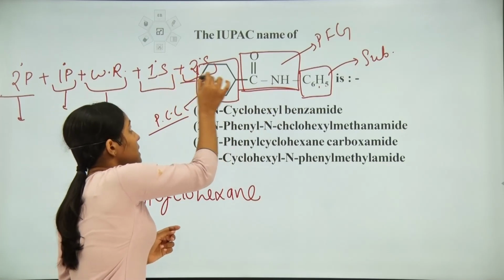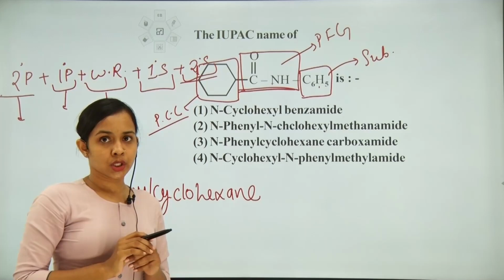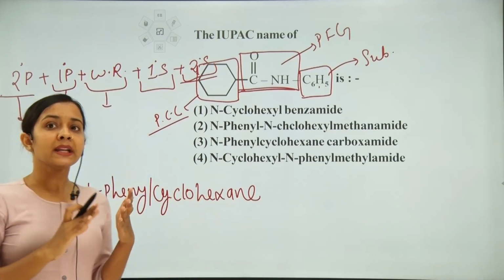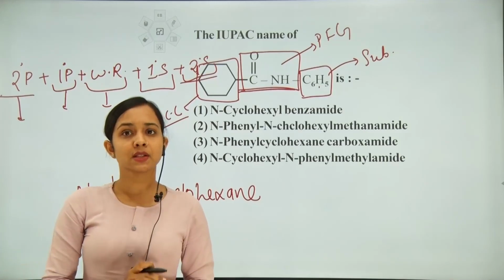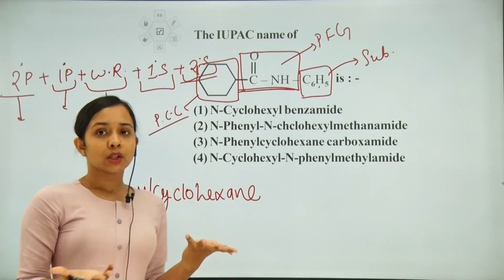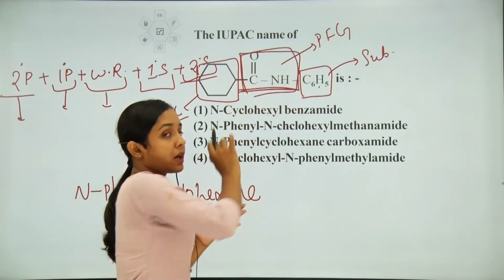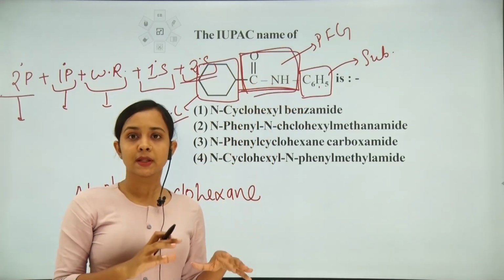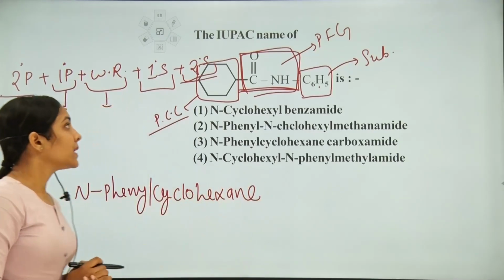Now we will come to the 2 degree suffix. So this amide is our functional group. For the amide functional group, both amide and carboxamide suffixes can be used, right? Both suffixes we can use, but because the C double bond O group of the amide is not included in the principal carbon chain, the carboxamide suffix is used for the PFG.